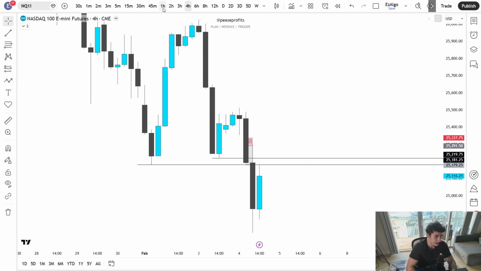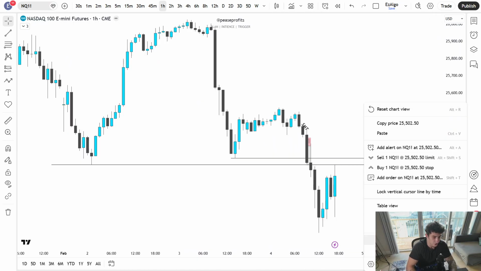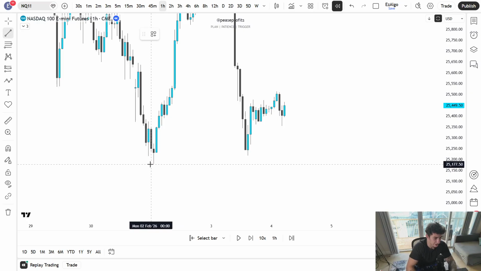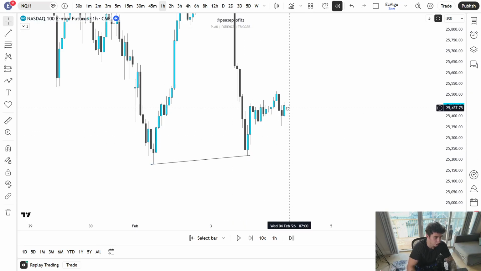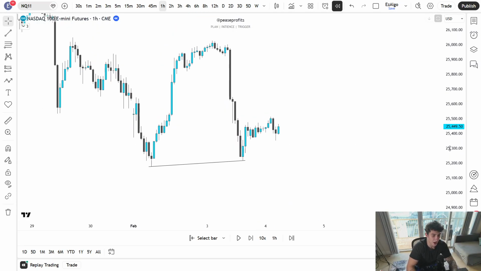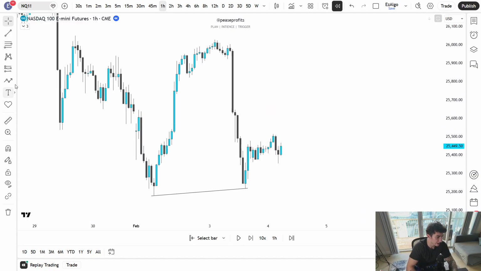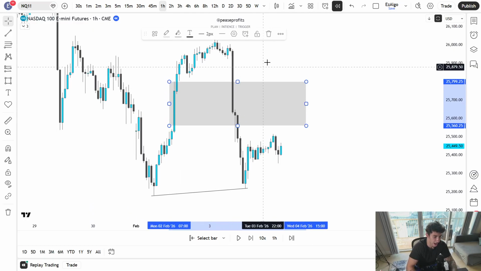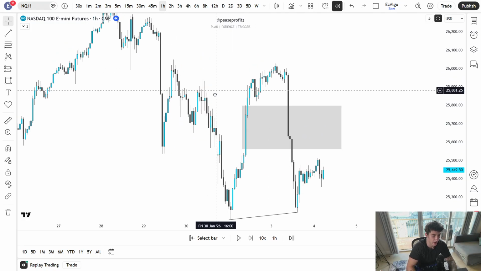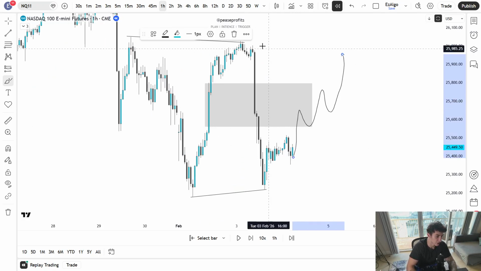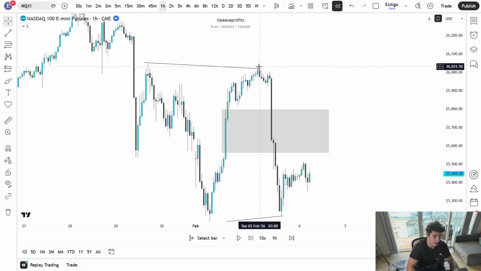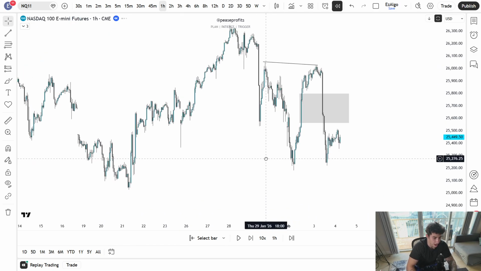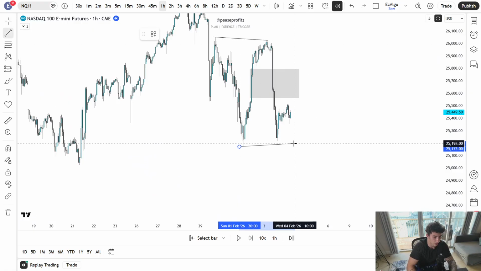And before market even opened, if we go into replay mode here to the 1 hour time frame, I saw that we had this equal low here that it looked like price wanted to take out. Now, the reason I was not looking for any longs today is just look at this price action, right? We're inversing a lot of these higher time frame bullish gaps. Massive death candle down. You could say that there's an equal high up here, so maybe we'll go bullish. But there was an SMT divergence with ES here as well. So ES actually did take out this high. We had this equal low heading into market open.